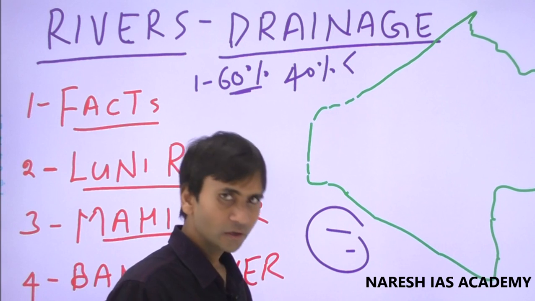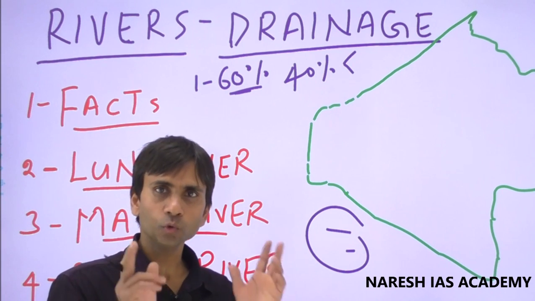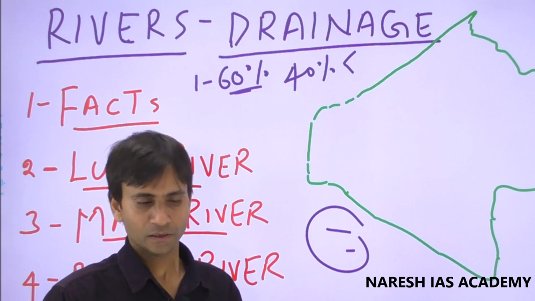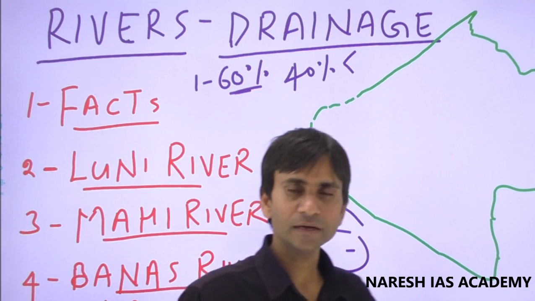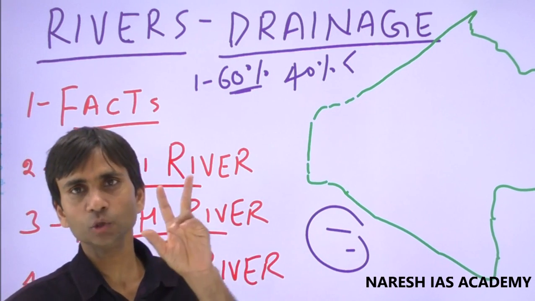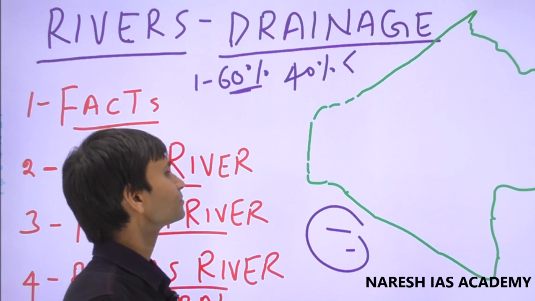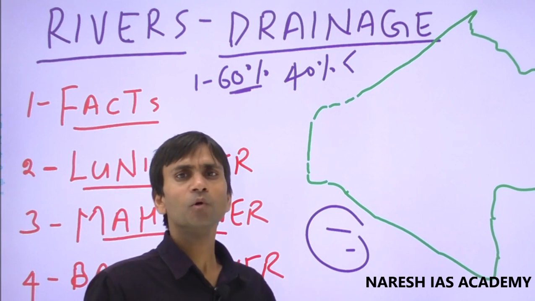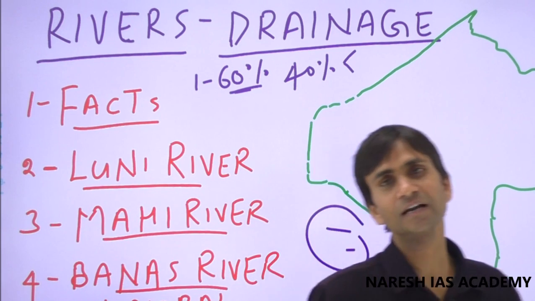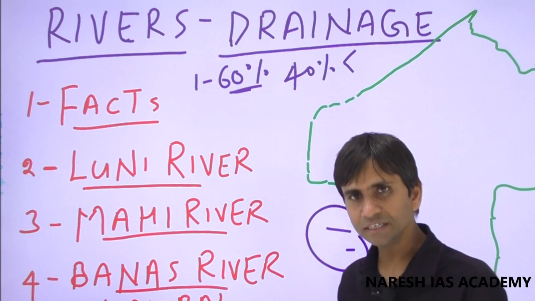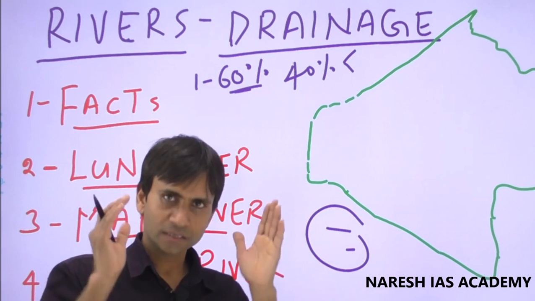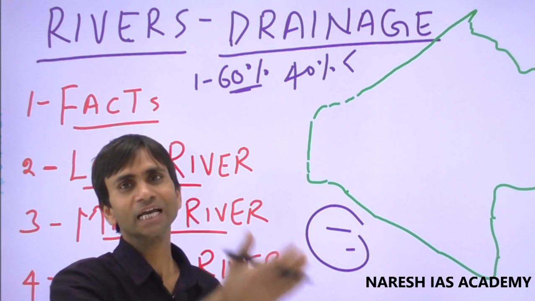Next, Churu and Bikaner are the two districts of Rajasthan where there are no rivers. No river has its origin and no river flows through Churu and Bikaner throughout Rajasthan, and most rivers of Rajasthan are seasonal, or we can say rain fed. It means these are not perennial rivers and rivers do not originate from any glaciers.